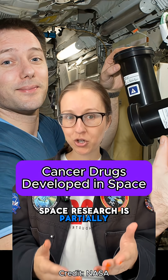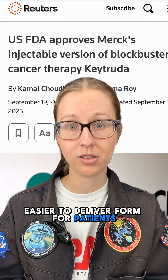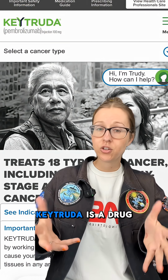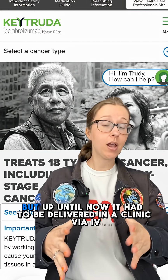Space research is partially to thank for the world's best-selling drug, cancer drug Keytruda, getting a new, easier-to-deliver form for patients. Now, there are some pros and cons to this being approved, so let's get into it. Keytruda is a drug currently approved to treat 18 different types of cancers, but up until now, it had